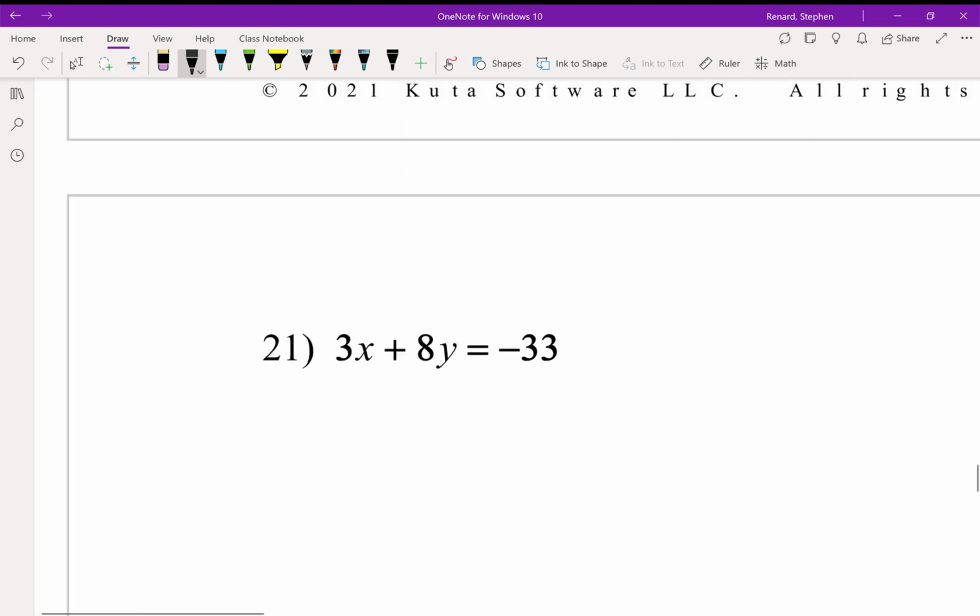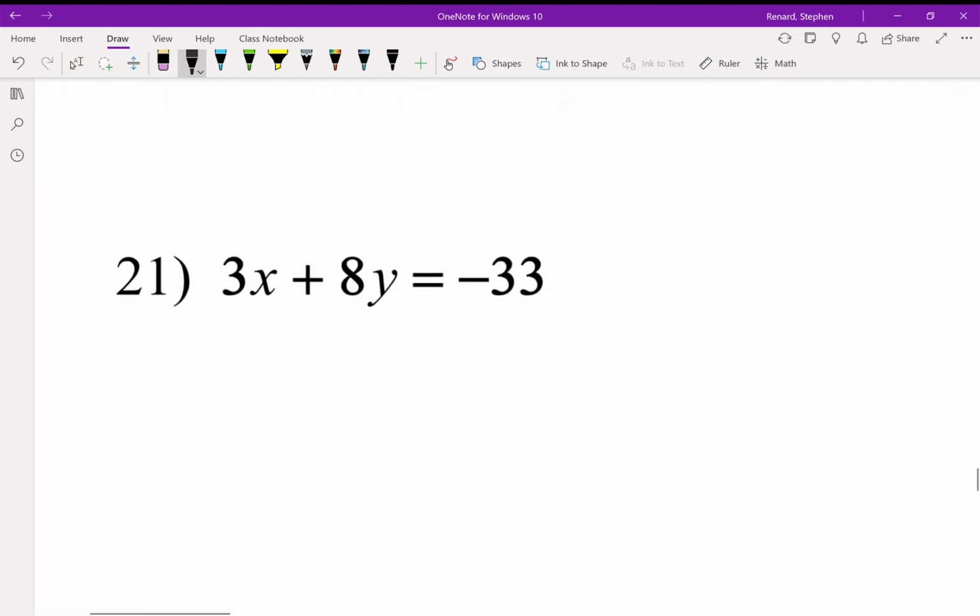21's a bit trickier because they don't give you it in slope-intercept form or really hand you the information needed. But we talked about this before, and this is called standard form. This is ax plus by equals c. When you learn